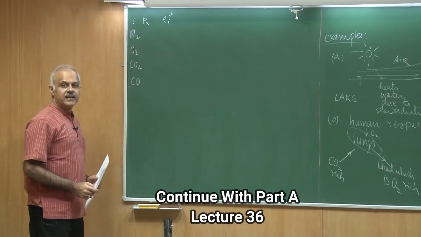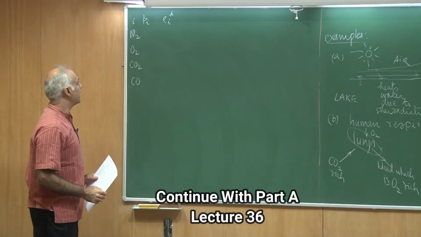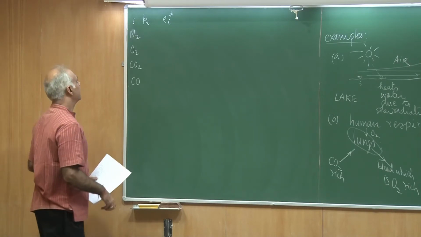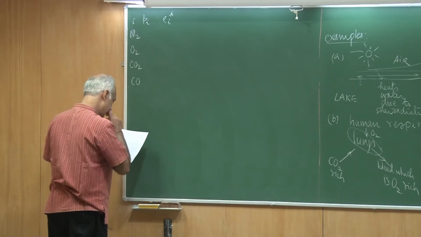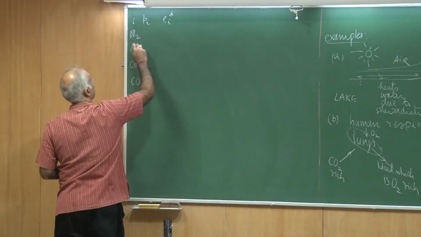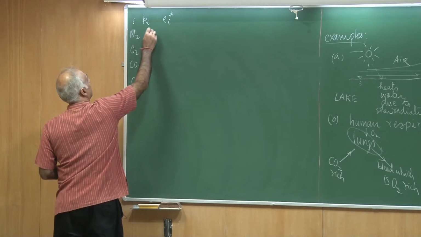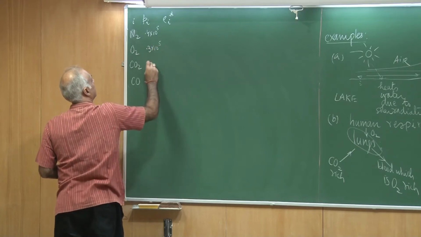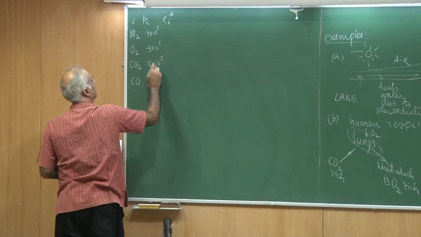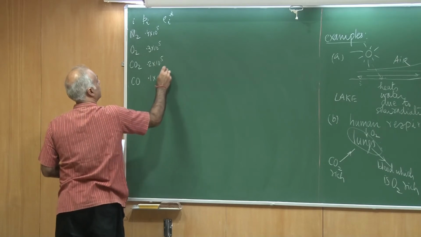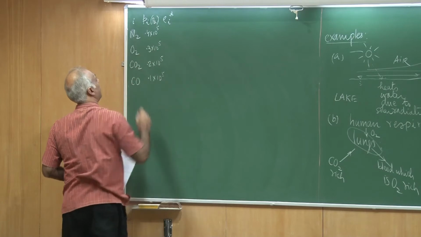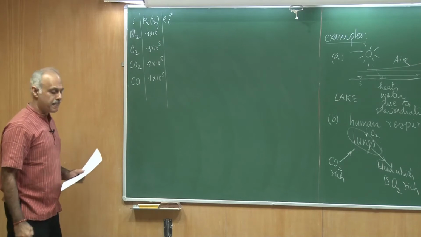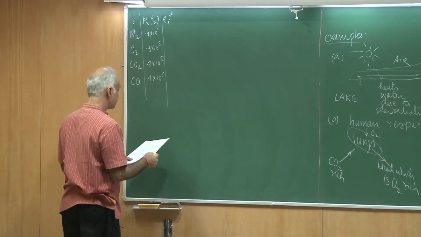So we have already seen that the partial pressures are given in a certain ratio and the total pressure is 10 to the 5th. So I can simply take the ratio of partial pressures and estimate the actual thing. So this is 0.4 into 10 to the 5th, this is 0.3 into 10 to the 5th, this is 0.2 into 10 to the 5th, and this is 0.1 into 10 to the 5th, and all these numbers are in pascals. So that's my partial pressure. Now what about rho i star?